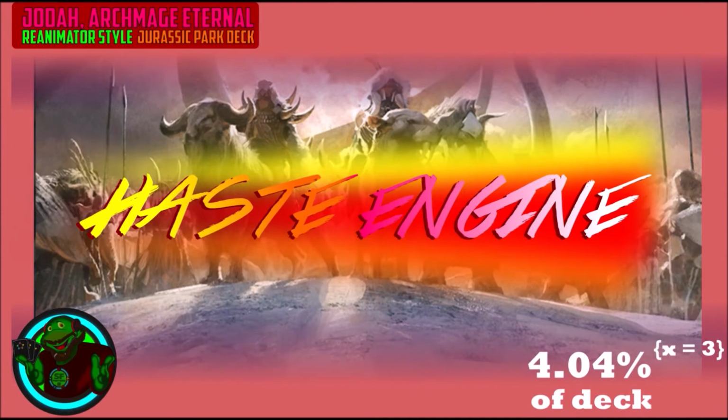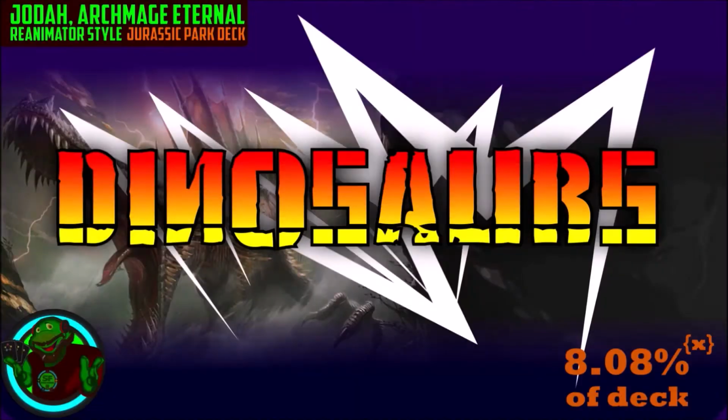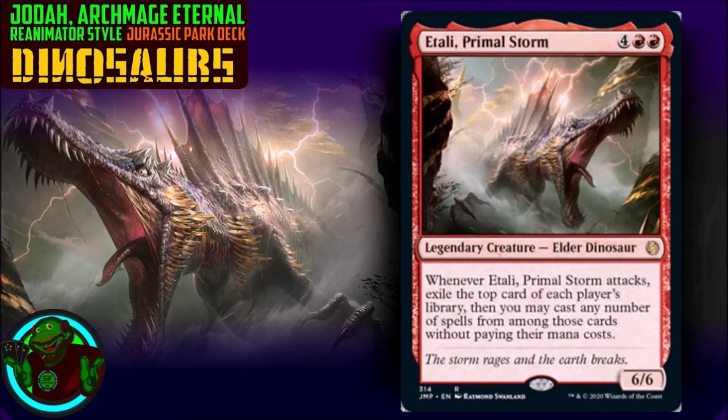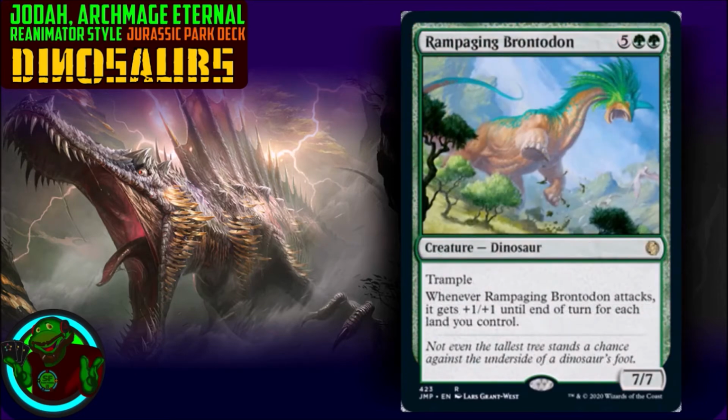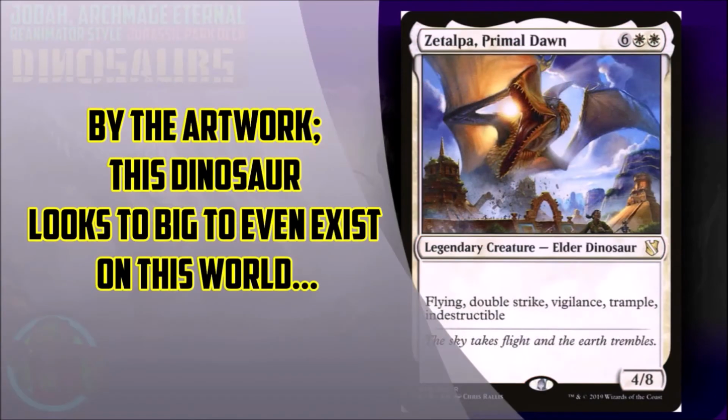Now for the Haste Engines portion. Excuse me. Yeah. Where are the dinosaurs? You want dinosaurs? Scratch that. We'll be back to this. I'll show you dinosaurs. Introducing Carnage Tyrant, Ixalan's Primal Storm, Rampaging Brontodon, Silverclad Ferocidons, featuring Zetalpa, Primal Dawn,